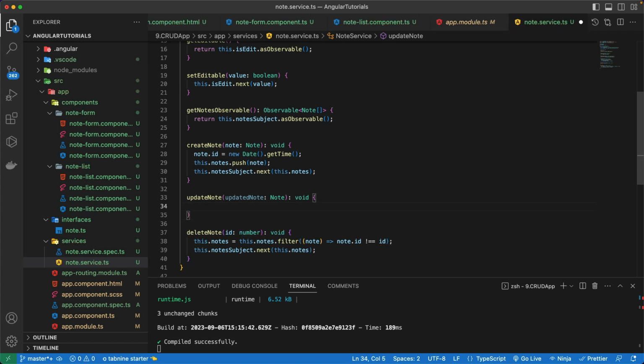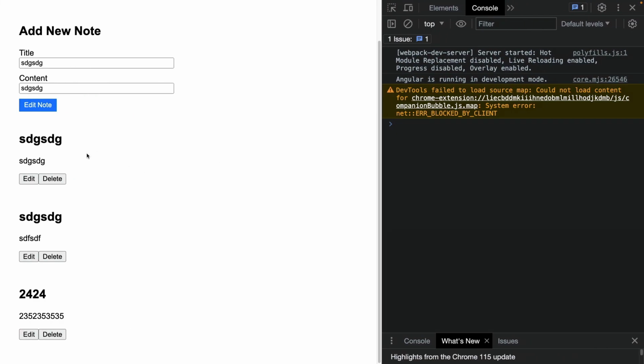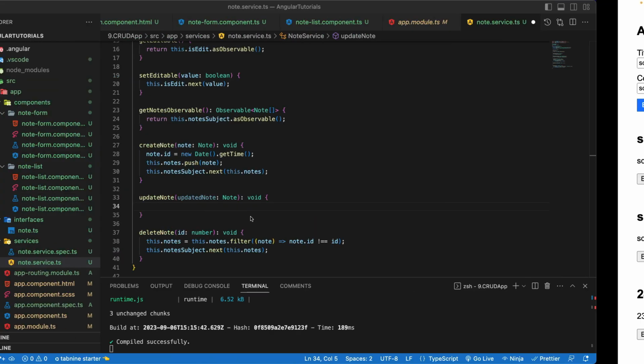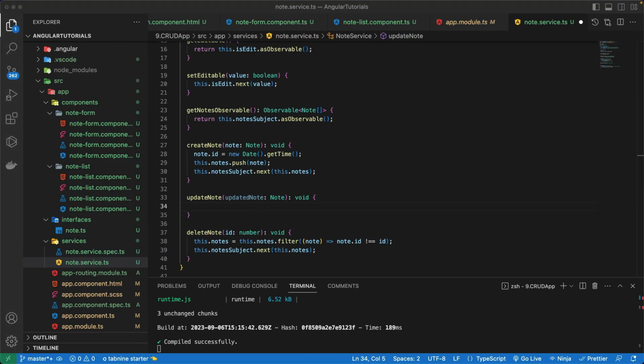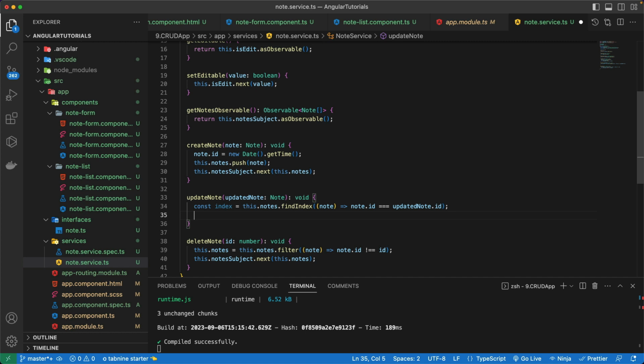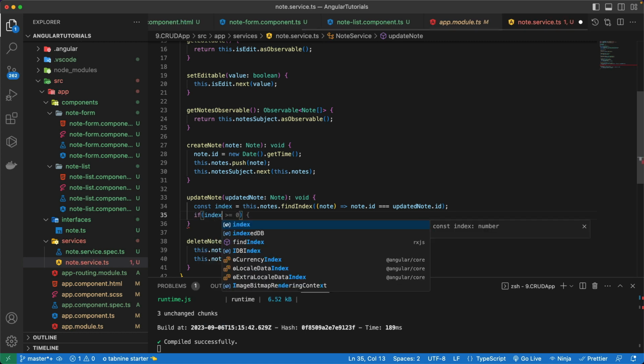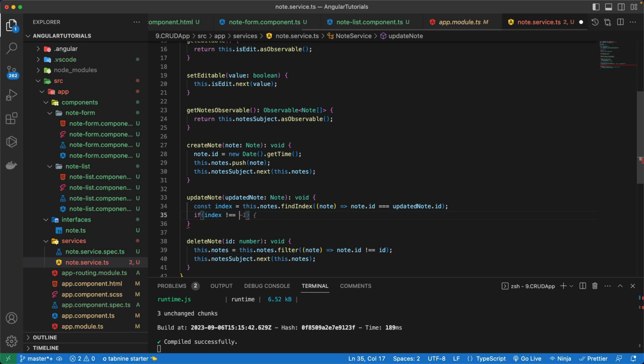And here I can first get the index of the node which needs to be edited. There can be multiple ways that you can write this logic, but this is how I can write mine. So I can write this code: index = this.nodes.findIndex, passing the node of this nodes array, node.id is equal to updatedNode.id. I've got the index. All right, and now I need to check if the index actually exists or not. So if index is not equal to -1,